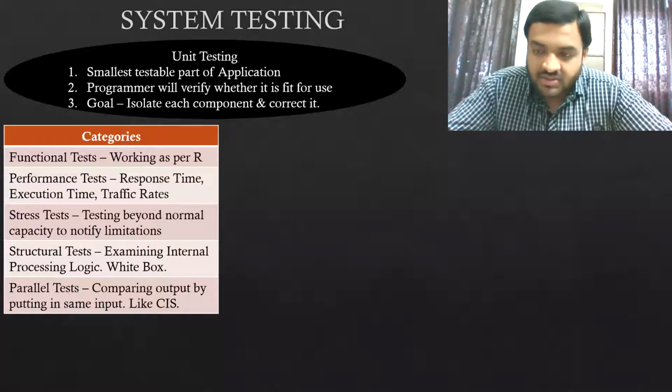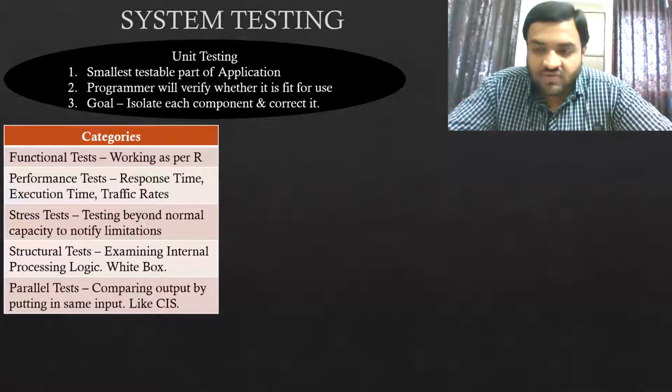SCAR is a combination of snapshot and data collection capability. Snapshot plus data collection capability is equal to SCAR, an embedded tool. And now the last one, that is CIS.